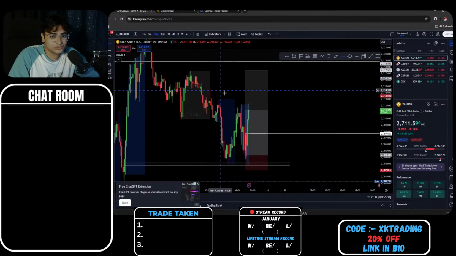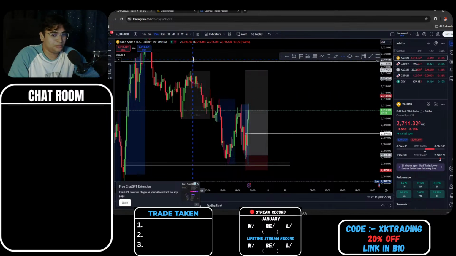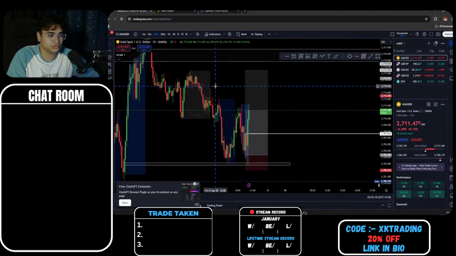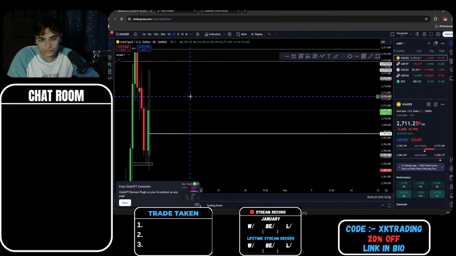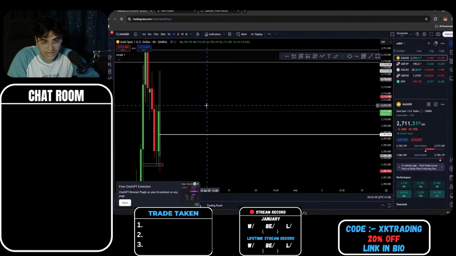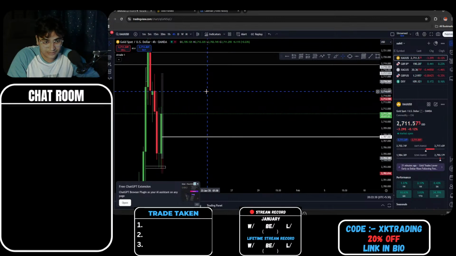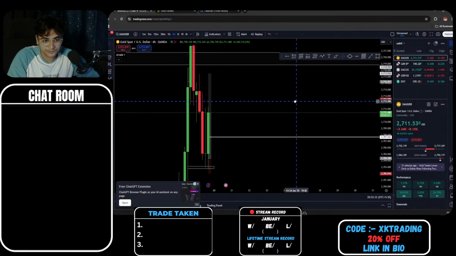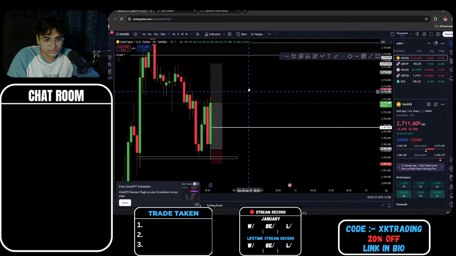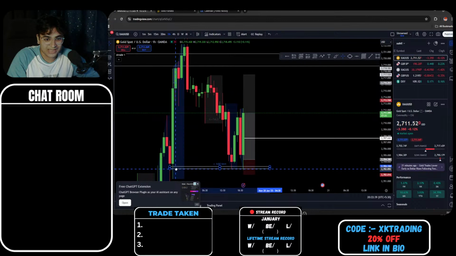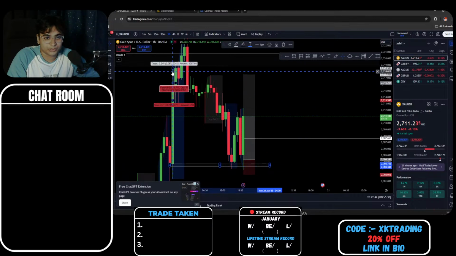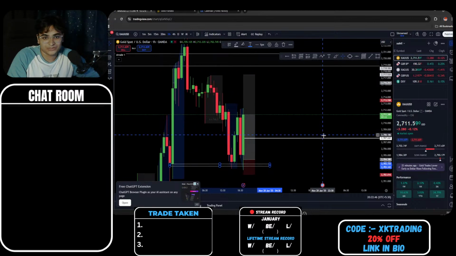4%. I can close everything here and be at peace, but I choose not to, and I want to hold this trade and see how we do. Because once we break this 4-hour high, is there a possibility we will tap further into this one? Because look at this trade, okay? When we tapped into this zone, the candle closed here, this is just a 1-hour candle, and we have 7 minutes left.